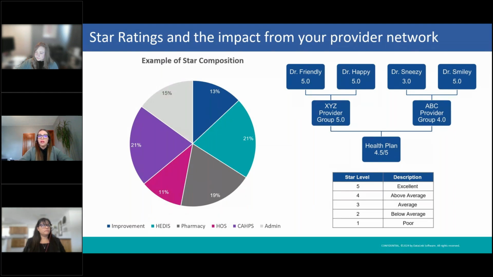So you might be asking yourself, well, why is the star score important? Well, Medicare Advantage plan scores are publicly available, and the plans also could risk losing their contracts with CMS for low performance. One other important thing is that if a plan has a high score, they might be eligible to get Medicare enrollment all year versus just getting Medicare enrollment during that Medicare open enrollment period. And next slide, Lori. Thanks.